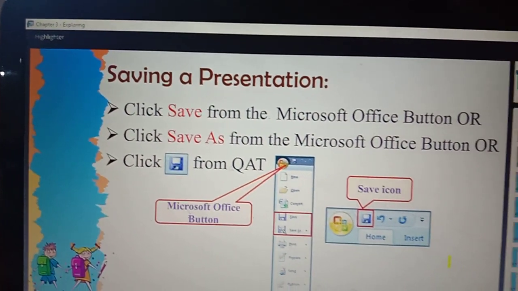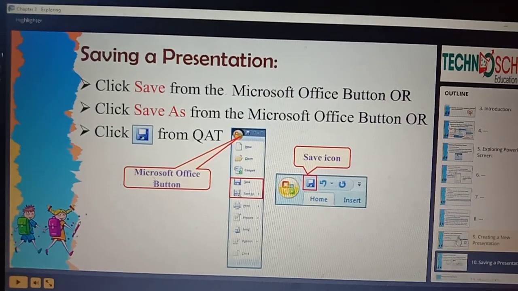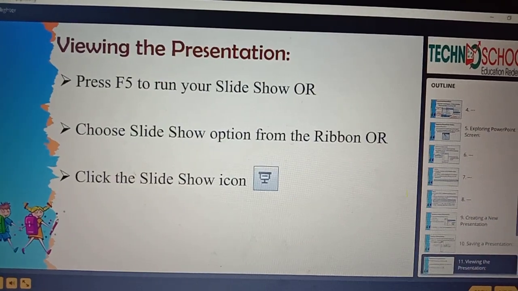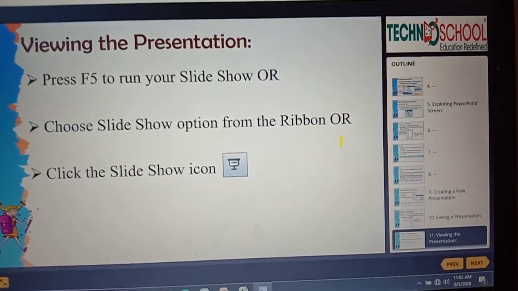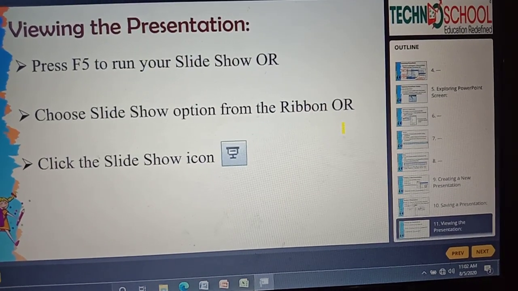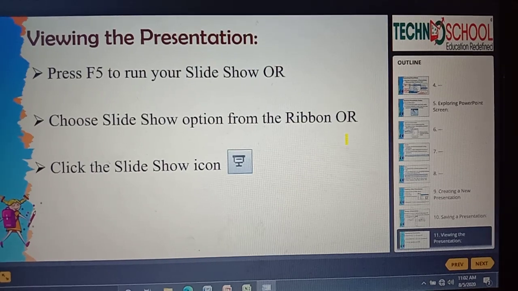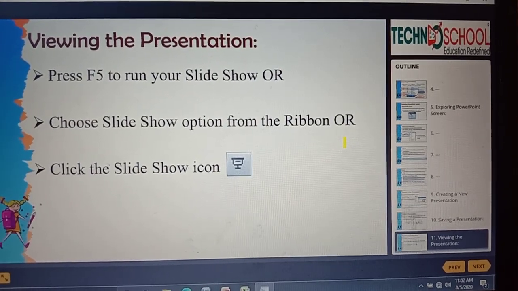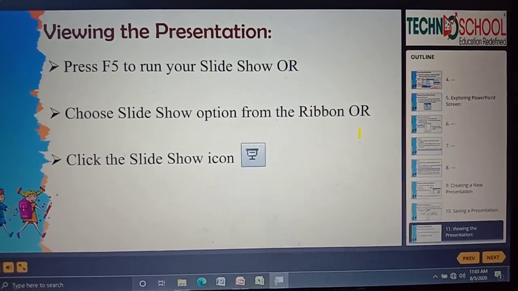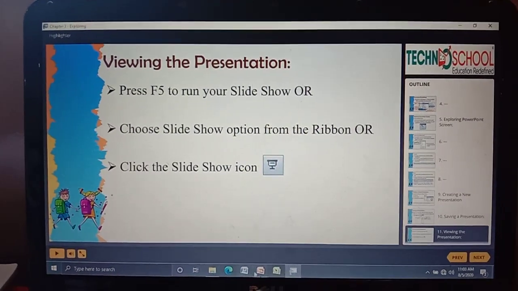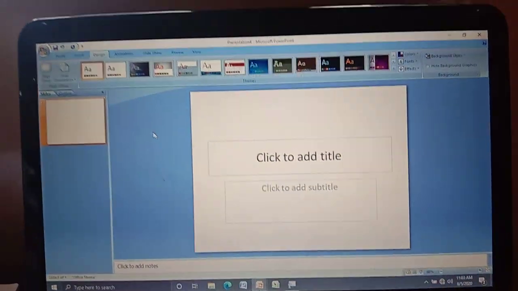And next we are going to learn how to view our presentation. To view our presentation, you need to press the F5 key on the keyboard, or else you can run your slideshow or choose the slideshow option from the ribbon. Click the slideshow icon. Now I'll show you. If you want to run your presentation,